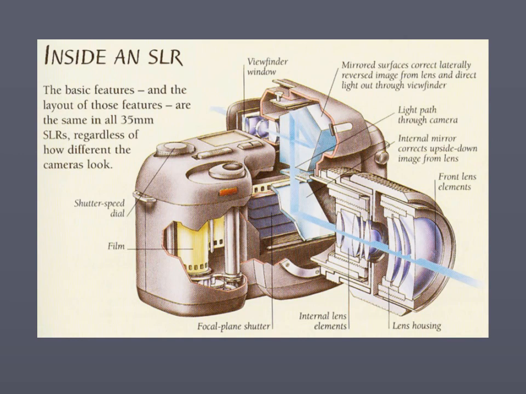When the picture is taken, the first thing is that the mirror has to get out of the way. The mirror jumps up out of the way, and notice the focal plane shutter is behind the mirror. So when you take your picture, you hear that ka-chunk sound that the SLR makes. It's the mirror getting out of the way. The mirror jumps up, then the shutter opens and closes, and then the mirror comes back down.